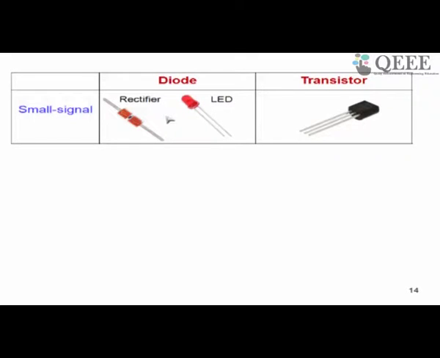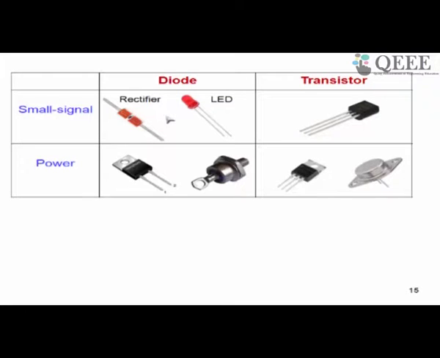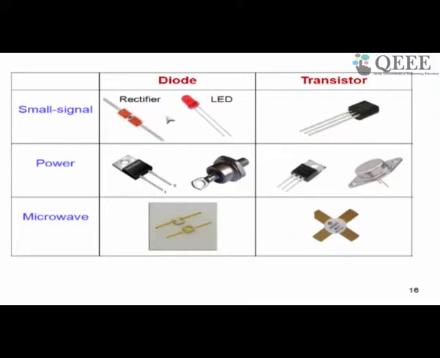We looked at some small signal diodes and transistors. So diodes are 2-terminal devices, transistors are 3, or as we have seen in the case of MOSFET, could be a 4-terminal device. Then we saw that power devices are much bigger than small signal devices, and they have a provision for attaching them to the heat sink, which dissipates the power generated in these devices, right, so that the temperature of this device doesn't go up.